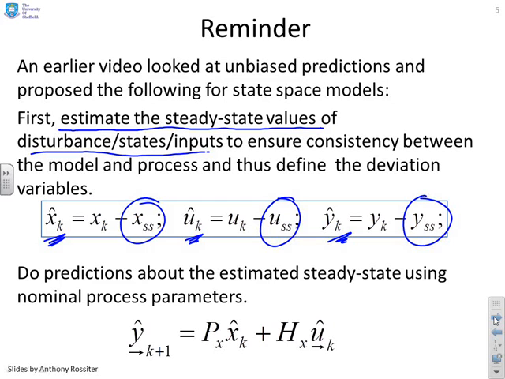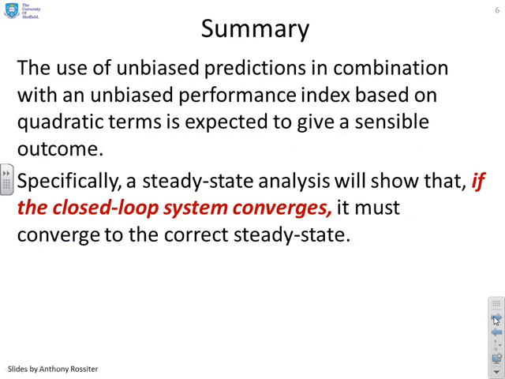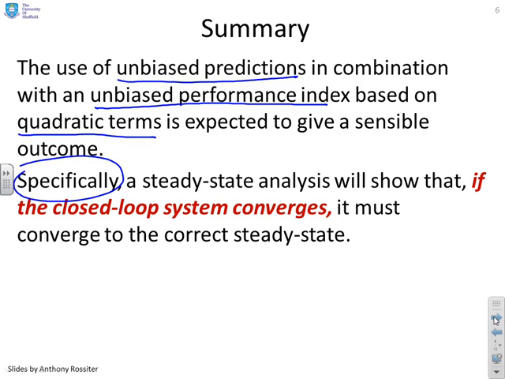And we showed that you could get a prediction for the output in terms of deviation variables as a function of deviation variables in the state and deviation variables in the input. So what's our summary? If we use unbiased predictions in combination with an unbiased performance index based on quadratic terms, so you'll see there's 3 concepts in there, then you will expect to get a sensible outcome. And specifically, this is the key point, if you do a steady state analysis, you can show that